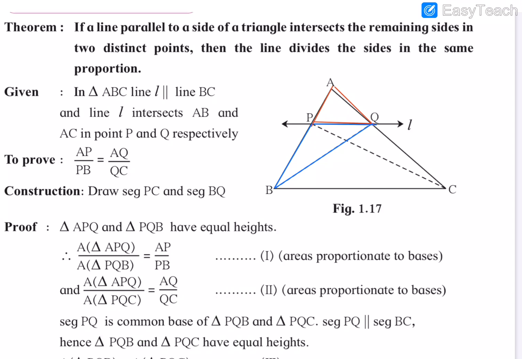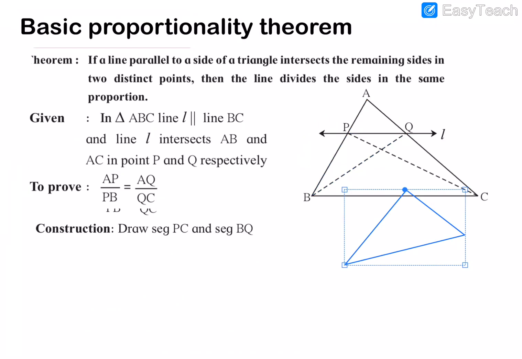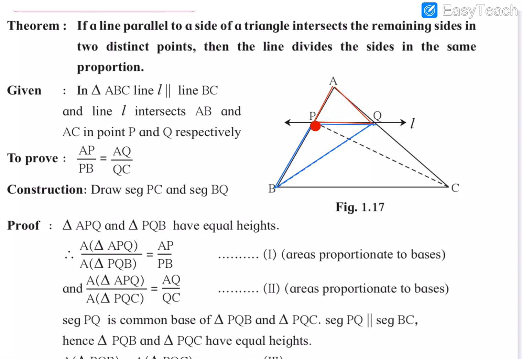Same height means we need to consider it. So we need to consider this triangle AQB and PQB in this way. We need to consider it by rotating. You can see that it is a slightly slanted line. So if this line is not the height of this triangle, we can find the height of a triangle by drawing a perpendicular. So the height of this triangle APQ and PQB will be same when from this point Q we draw a perpendicular like this.